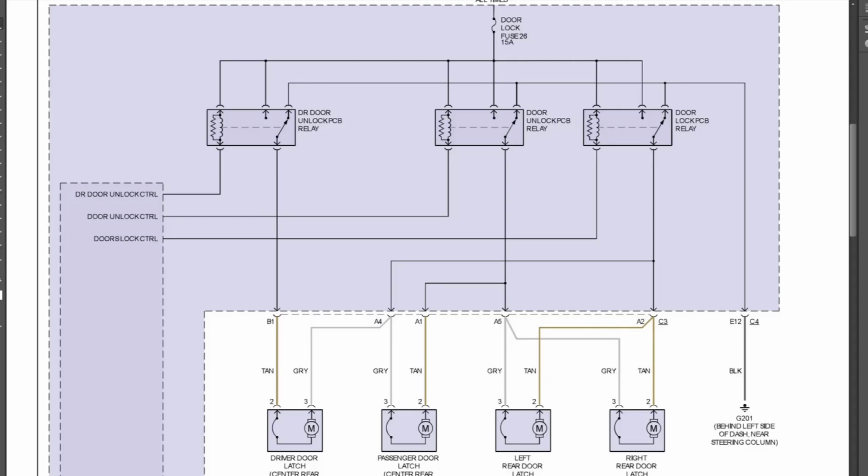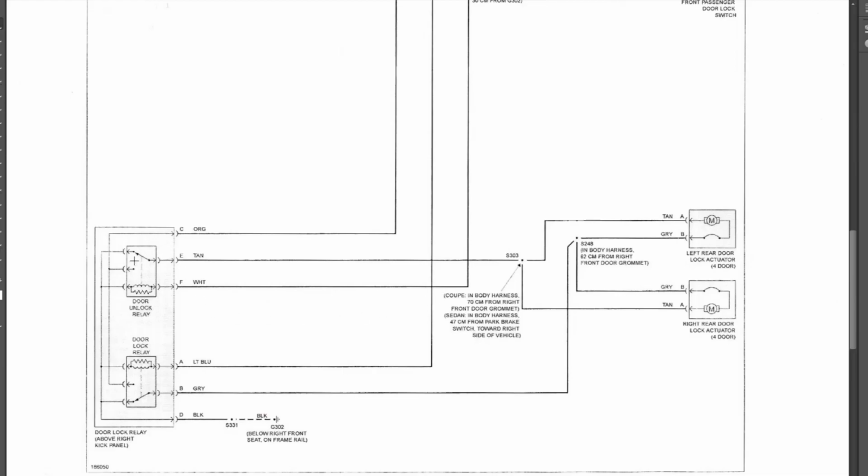2005 Chevy Cavalier door lock, and you'll see they have another set of relays here. Here's a couple of your motors. Let's take this top one, the tan pin A, through this door unlock relay over to ground. Pin B goes through the door lock relay over to ground. When you're not touching anything, these relays are in their naturally de-energized state. So like I had mentioned at the beginning of the video, this type of very quick testing, it